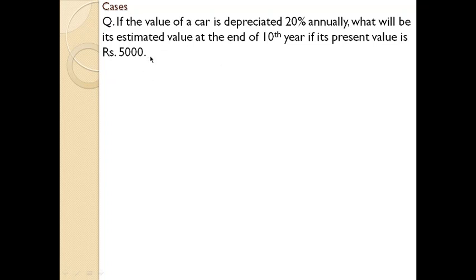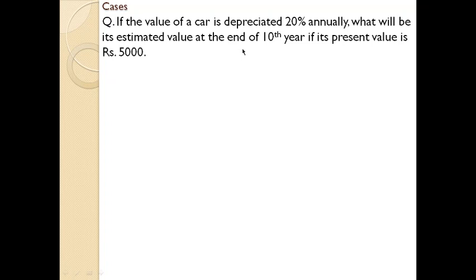So you need to find the value of the same asset by the end of the 10th year. So you need to find out the value of the car at the end of each year. Okay, just assume that the value of the car is 5,000. And as per the depreciation concept and accounting principle, we know that by the end of that year, this 5,000 will be depreciated to a number that is 20% less than 5,000. Or that is 5,000 less 20%, you will get a number that will be the value of the car at the end of the first year.